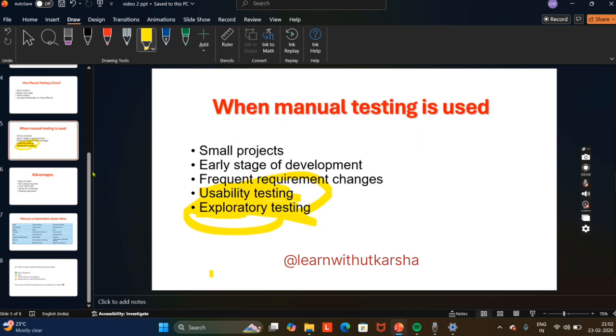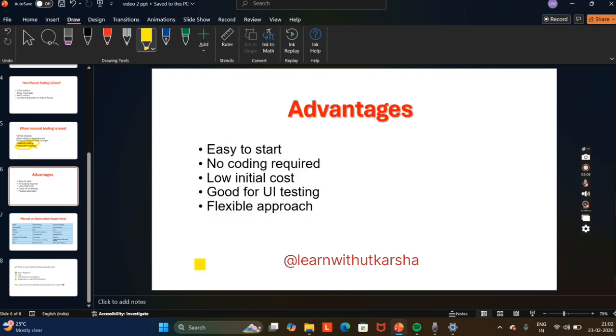So let's see the advantages of manual testing. Firstly, it is easy to start. You don't need any coding knowledge for starting a career in manual testing. It has a low initial cost. It is best for UI testing. UI testing means user interface testing.